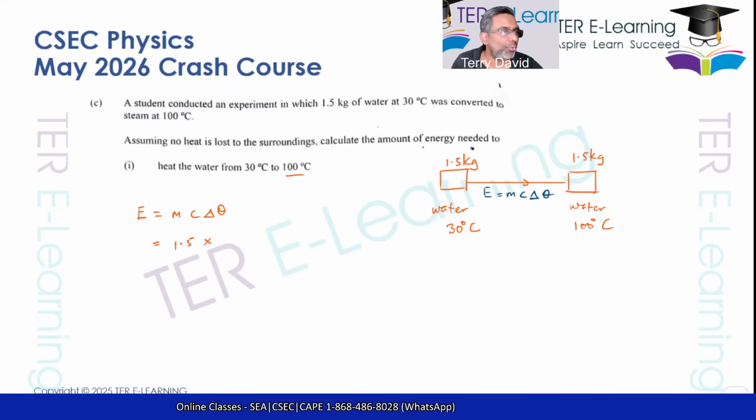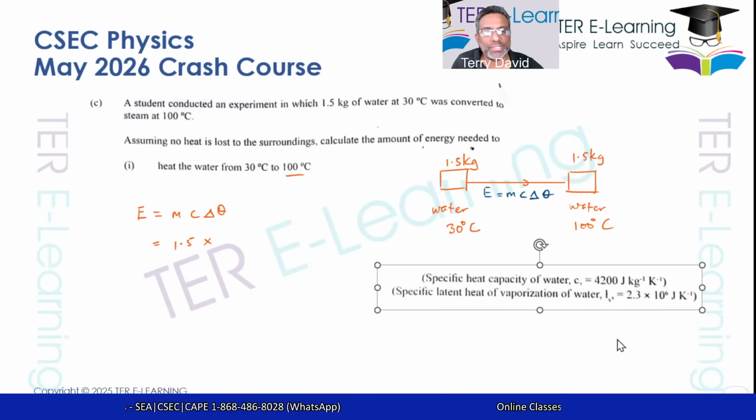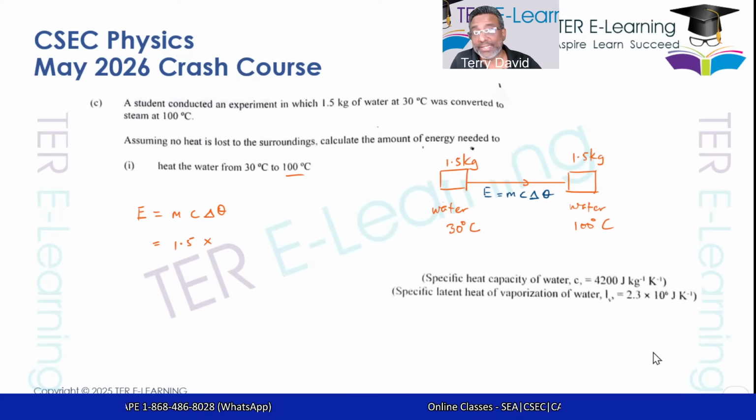Now, let me just show you what they gave me in the question. They gave me some information. You don't need to learn off specific heat capacity or latent heat of vaporization. They will give you those things in the exam. It's there. If you're not seeing it, go to the end of the question. That's where this one was. So C is 4200